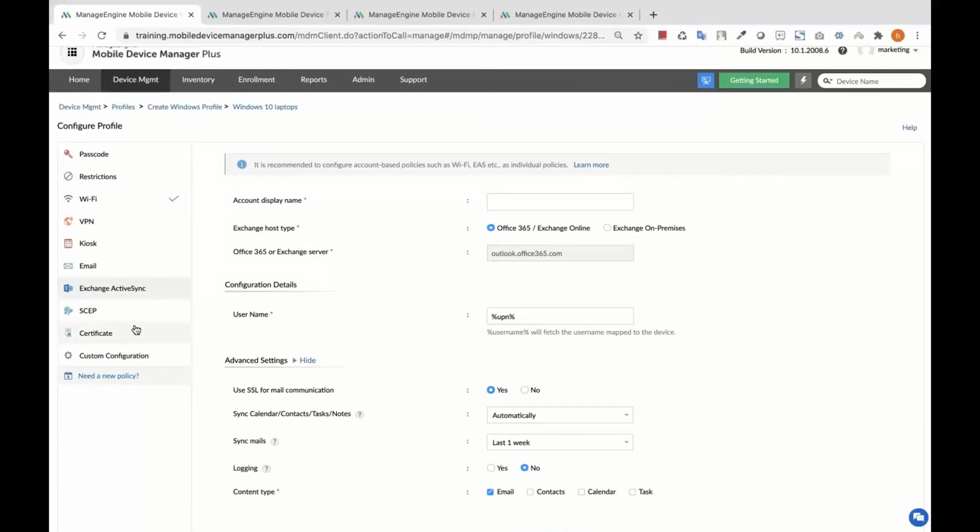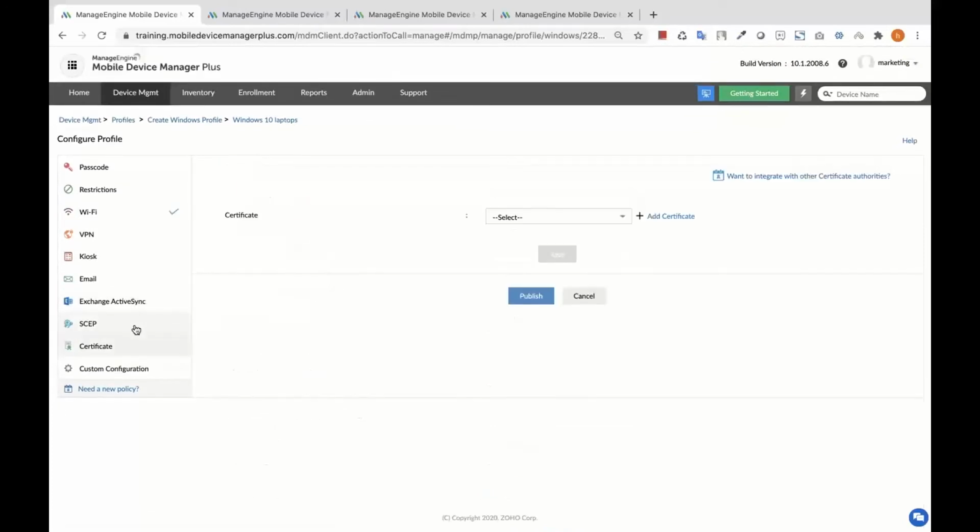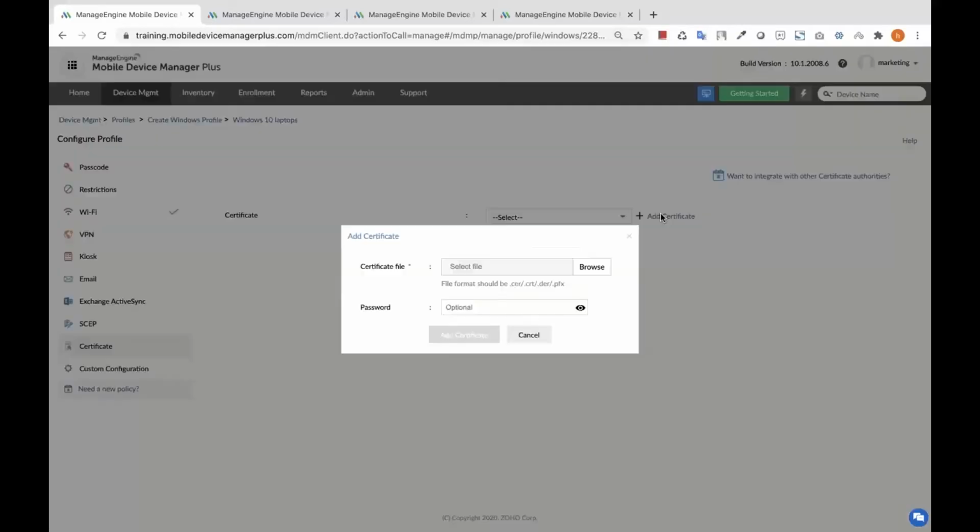The next method of authentication used in a lot of organizations is certificates. Mobile Device Manager Plus allows you to configure both trust and client certificates. For managing your trust certificate, all you need to do is upload the certificate file onto your server. To do that, you can click on Add Certificate and add the new certificate file right here.